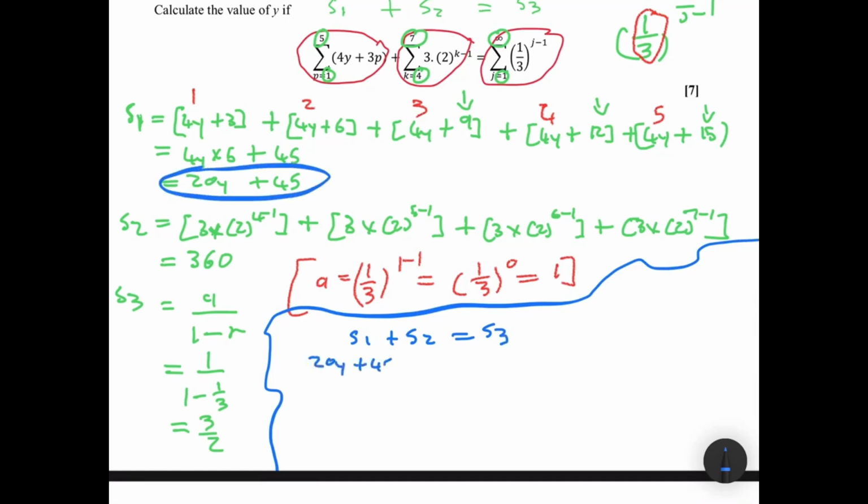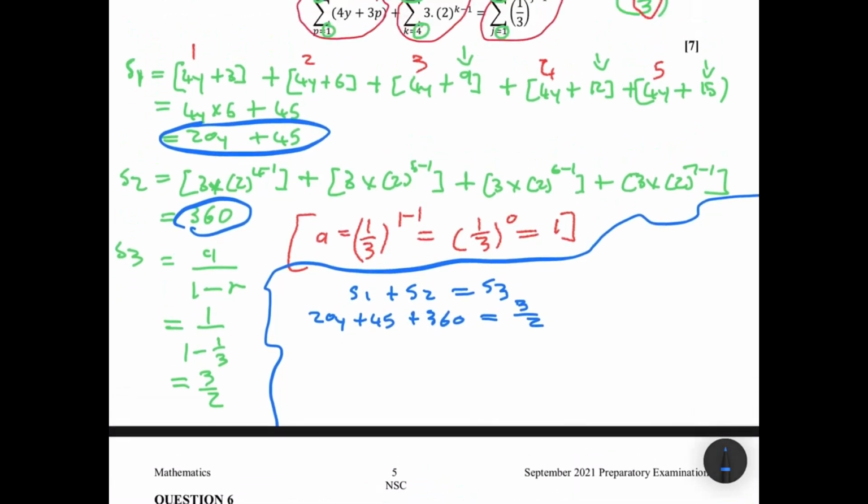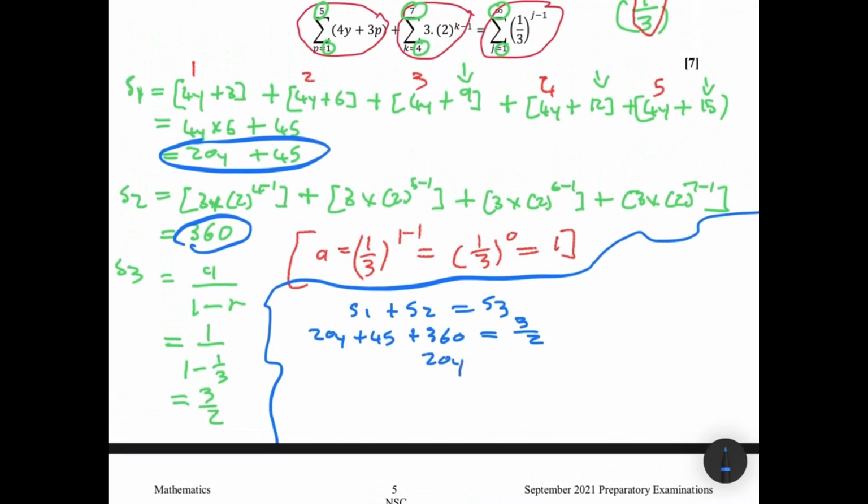20y plus 45. S2 is here, 360. So we have plus 360. And then S3 is 3 divided by 2. So if we want to find y, we are going to say that 20y is equal to 3 divided by 2 minus 45 minus 360, right? Now we divide both sides by 20. So we're going to get y is equal to this entire term divided by 20, right? Divided by 20. And then here we're also dividing by 20. So y is going to be equal to minus